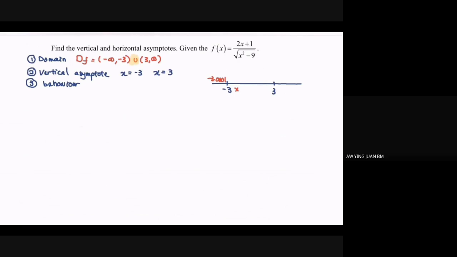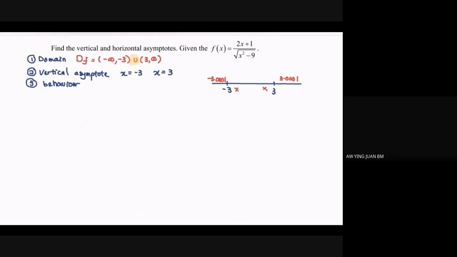Next, focus on value 3. So in here, from the left, kindly refer to the domain. There is no value or invalid or no domain. So meaning that we can skip across. From the right towards the 3, we will have a value which is 3.0001. That will be the suggested value. Now, let's look at the behavior.